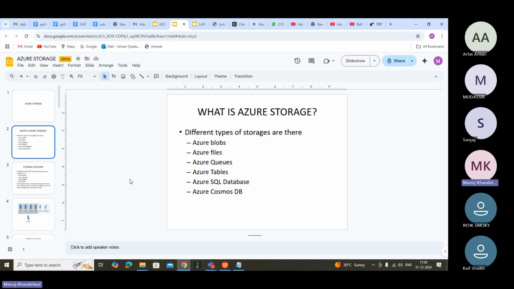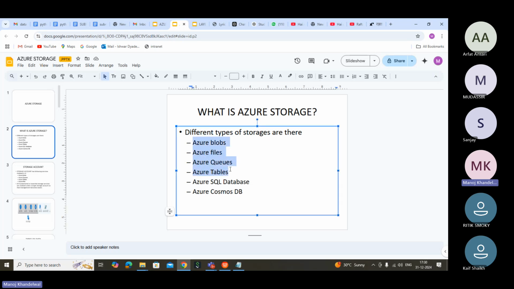Why we do that? So that we can set some common properties on the storage account. That is the reason we make a storage account. These four types, Azure Blobs, Azure Files, Queues, and Tables, we can put in a storage account. But other things like SQL database and Cosmos DB, you have to take separately. So these four you can club into a storage account.